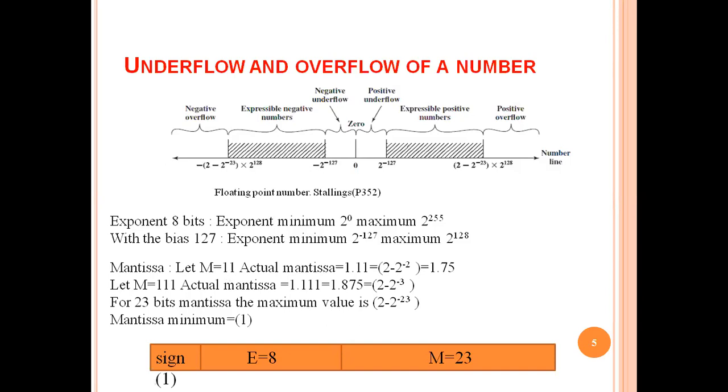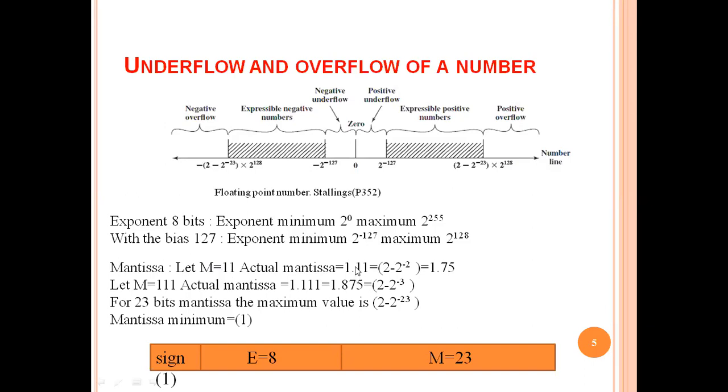In binary, the maximum number you can represent with a 1 bit number is 1. A 3 bit number maximum is 111, a 4 bit number maximum is 1111. So if I give all the bits 1, it will be maximum. So here m is equal to 1 1. Suppose it is a 2 bit mantissa, so it will be 1 1. Clear?